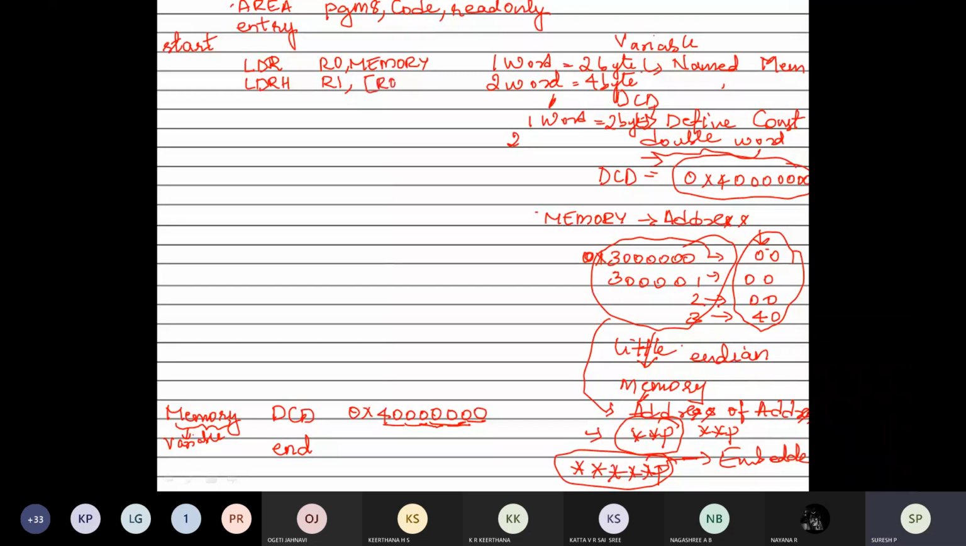Okay. So now the data which is stored in 0x4 lakh, it will be loaded into,